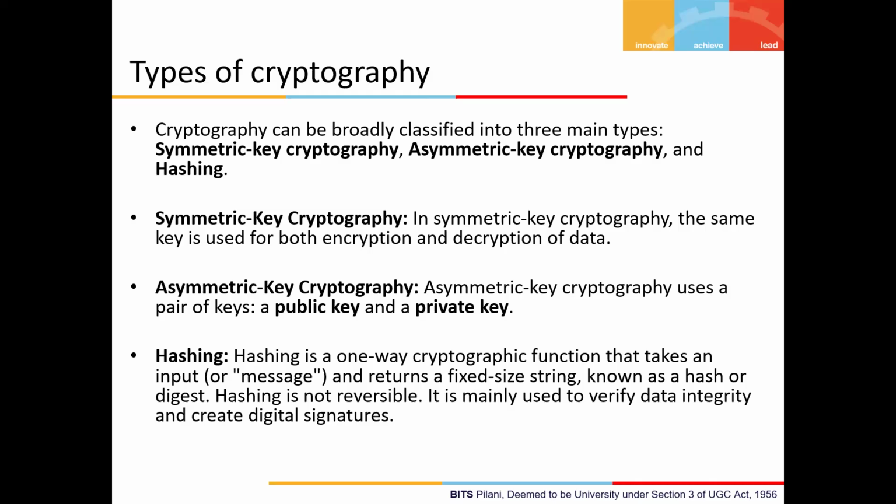So in this case, if I want to encrypt some data and send it to you, what I will do is use the public key of the receiver to encrypt the data, so that the receiver can use their own private key to decrypt that data. That part is important. Through this we can achieve confidentiality.